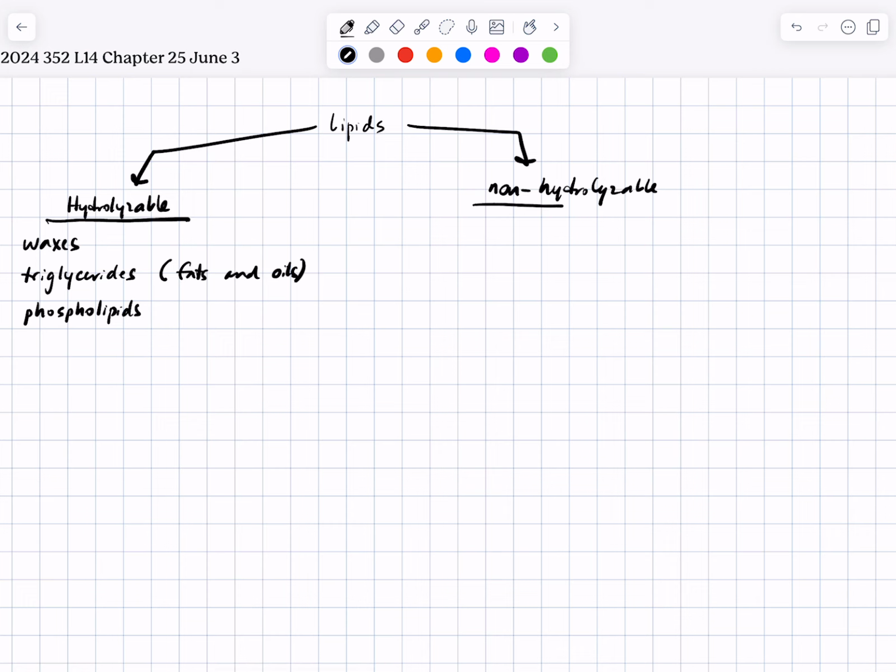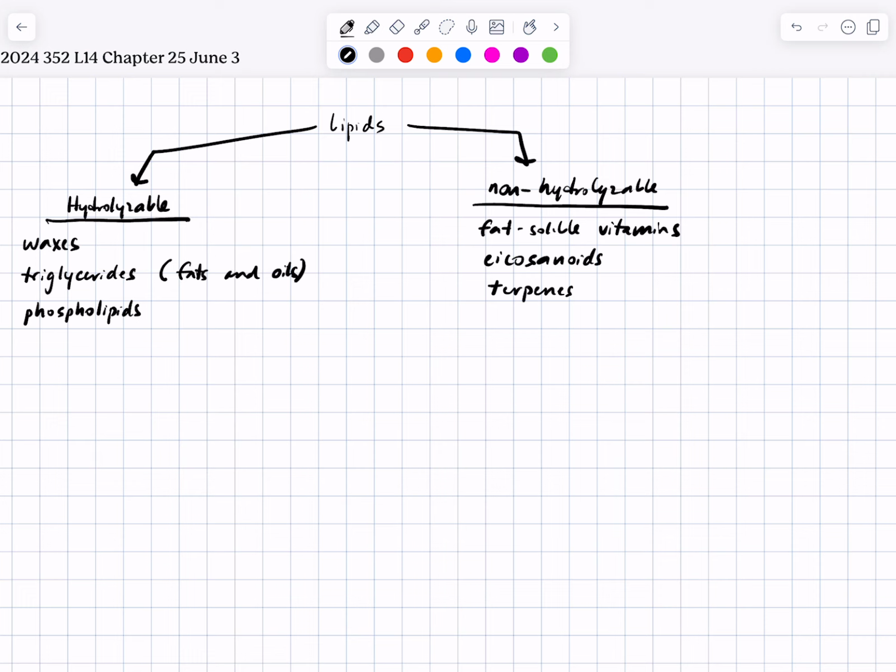And then you have other lipids that are not hydrolyzable, and these generally have different uses. These include the fat-soluble vitamins, eicosanoids, including prostaglandins. Eicosanoids and prostaglandins are used as signaling molecules. Terpenes are found in a lot of different organisms, sometimes in the essential oils of various plants, but all over the place in many complicated hydrocarbon-based structures.